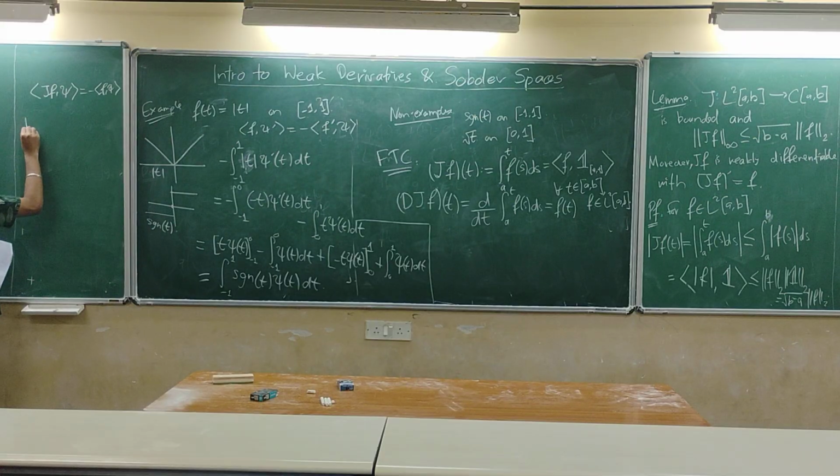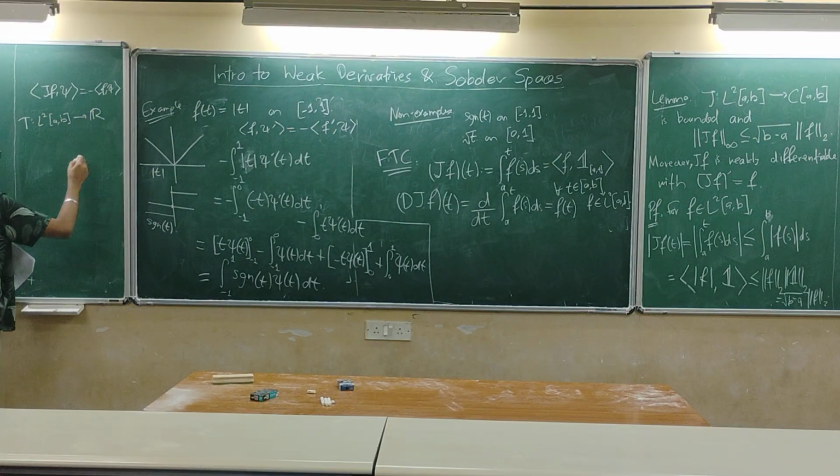So if I take the linear functional from L squared (a,b) to R and define it as T of f is defined as